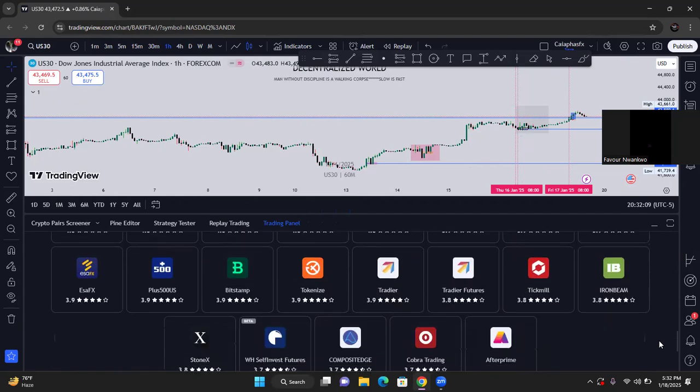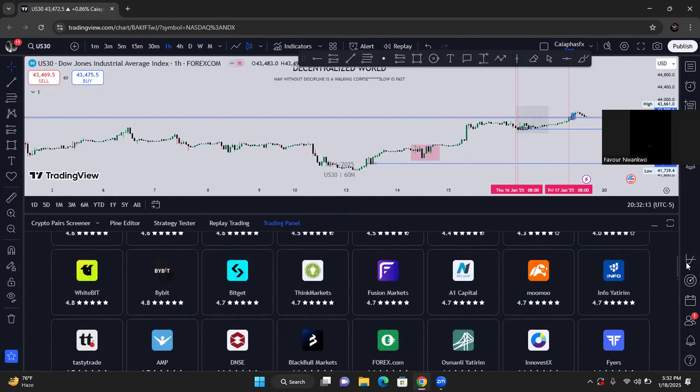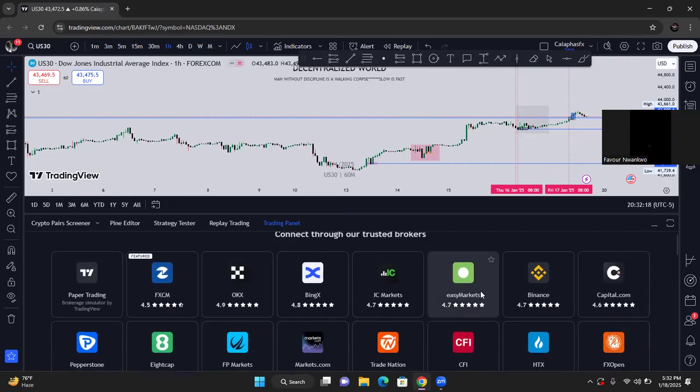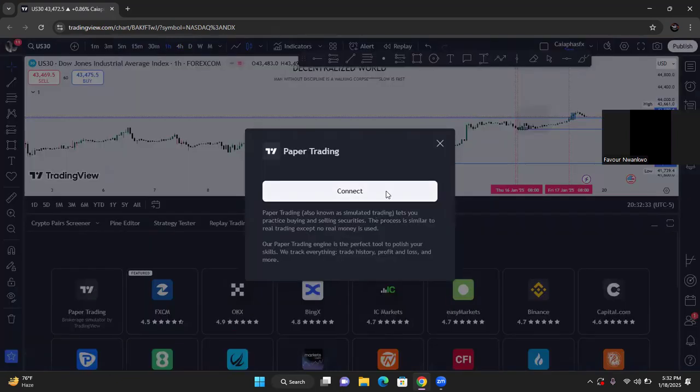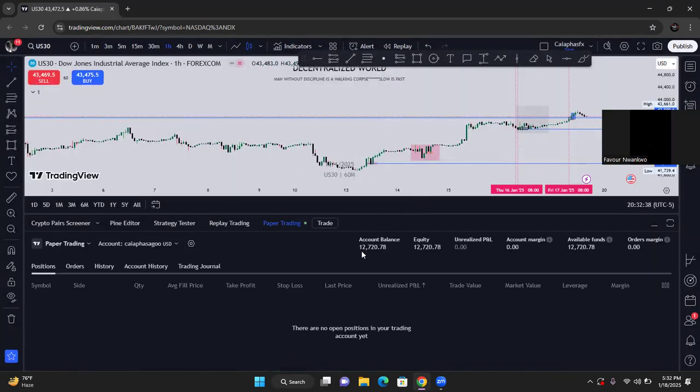I've forgotten the name, but he has this green icon. And yeah, Easy Markets, this one now. So then you just have to connect it. But if you're trading on TradingView, you can just start with paper trading. Though connecting it again,